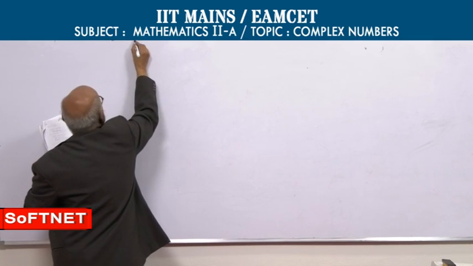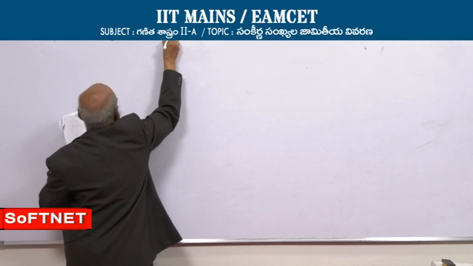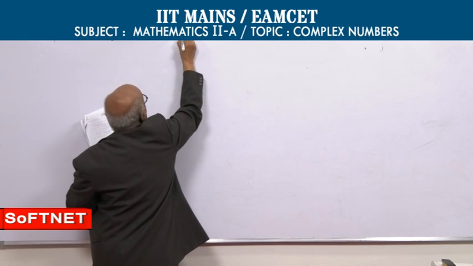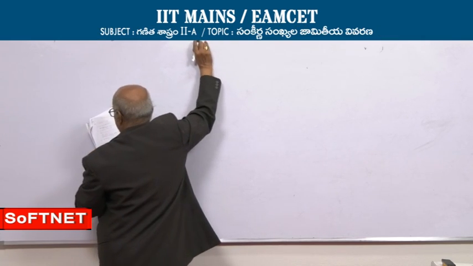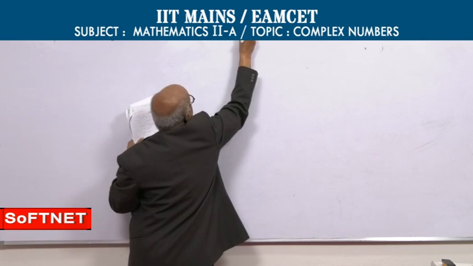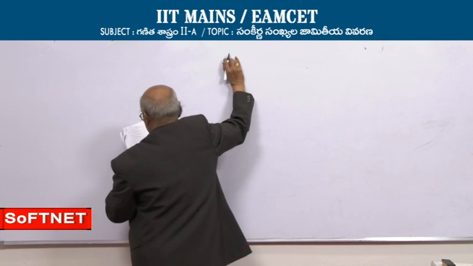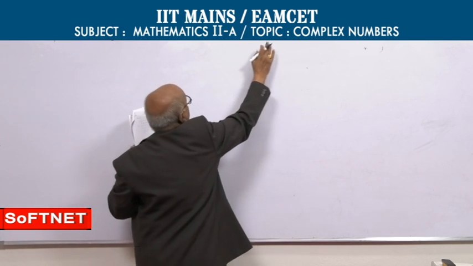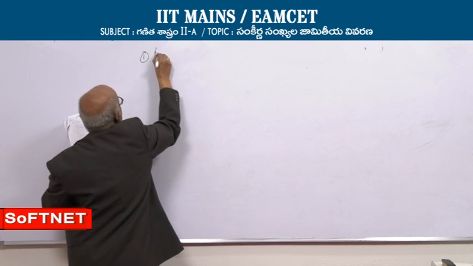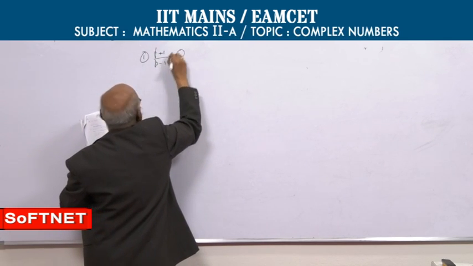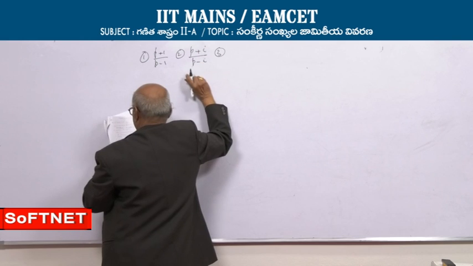Find the value of e to the power of I into 2m cot inverse of (p plus 1) by (p minus 1)... is equal to 1, (p plus 1) by (p minus 1); 2, (p plus I) by (p minus I); and 3,